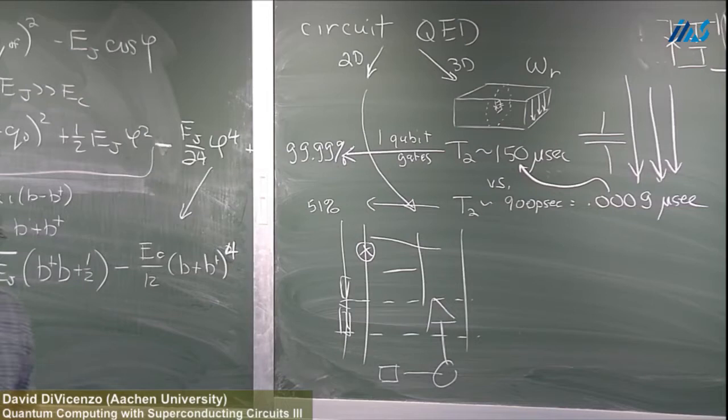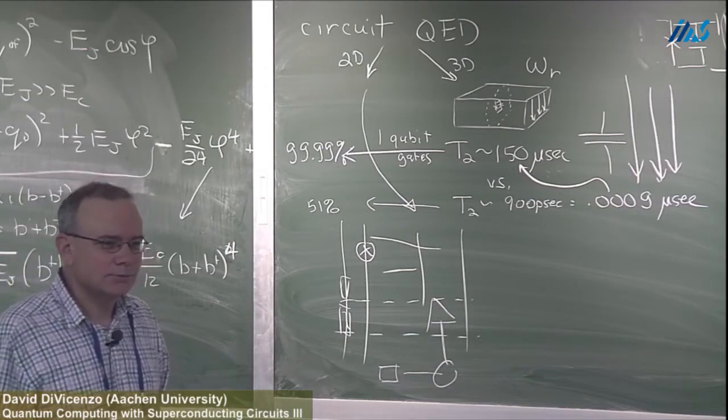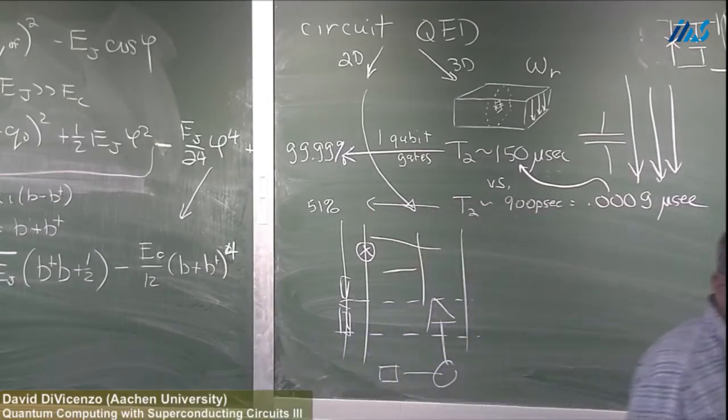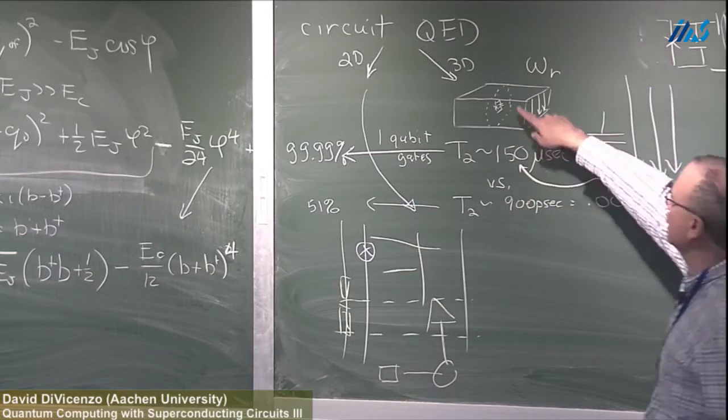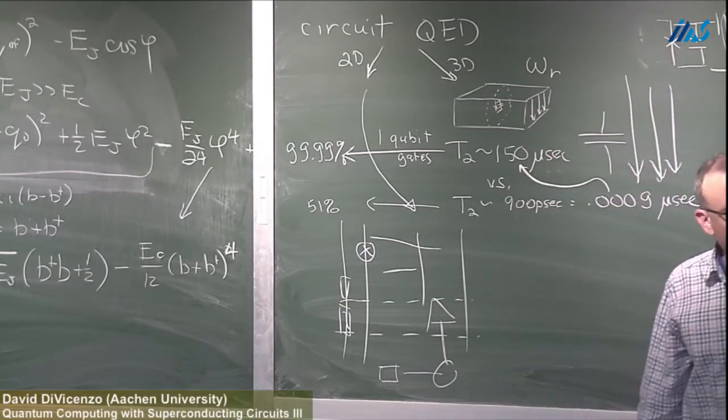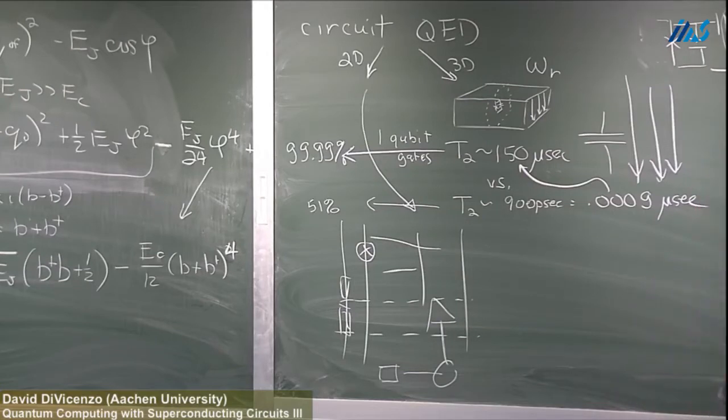Another question. If you put the qubit into the cavity, the electric field is influenced by the qubit. That's true, somewhat. And that has been the subject of recent research. It doesn't change the principles very much. I mean, I just said, yes, this mode has a perfectly polarized electric field. Indeed, that's not true. There is some distortion of the field due to the presence of this qubit, the metal